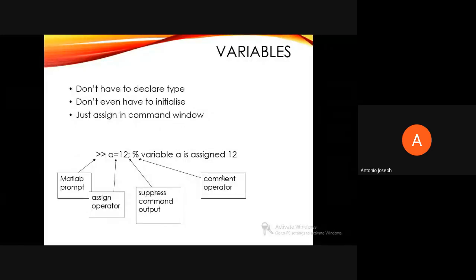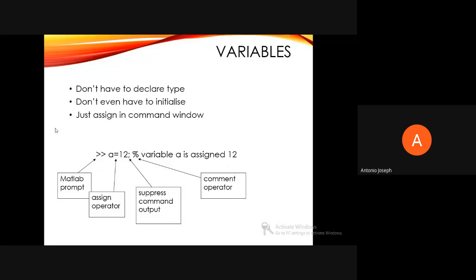And this is how we are giving the values in MATLAB. If we go back to C programming, first of all, for a variable we need to declare whether it is an integer or floating, something like that. In MATLAB, no need of that. Directly we can provide the variables and give the values. Okay, so this is a prompt symbol, and we can assign an operator, whether it's equal, greater, less than, etc. Then provide the values, and we can suppress the command using a semicolon.